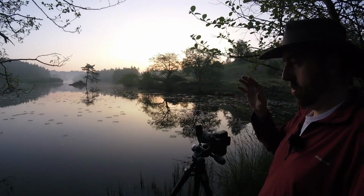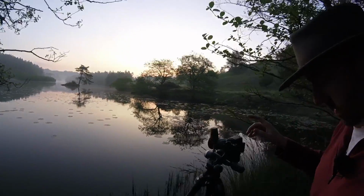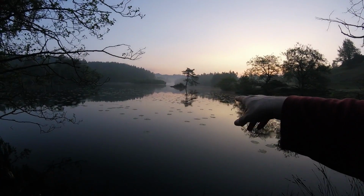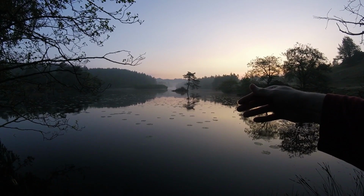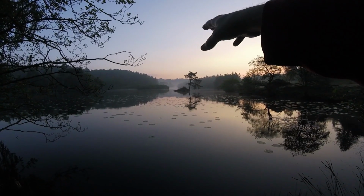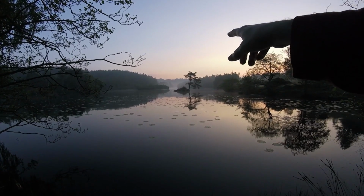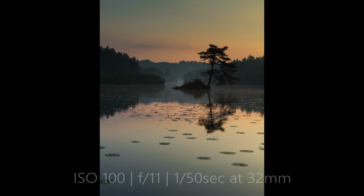So I'll talk you through the composition and then I'll show you on the camera. But one of the reasons I wanted to talk you through the composition is what I'm aiming for. These lily pads in the foreground, sorry, rather than the distance, leading the eye up to the tree, and then there's a nice bit of mist, a couple of geese just adding to the scene, and a relatively simple composition, but quite nice. The sun's not quite up yet, so there's a nice bit of yellowy peach in the sky,